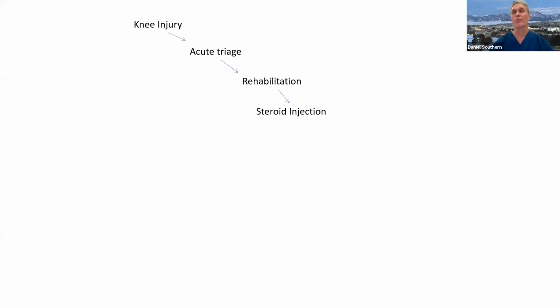You've had physical therapy. Let's do a steroid injection. And that may or may not work. Sometimes it works fantastic. Other times it doesn't. He may suggest a gel shot, which is hyaluronic acid. But assuming the injection therapy doesn't work, he's going to order an MRI. Now, if you're standing in a surgeon's office and an MRI is ordered, your chances of getting surgery go up